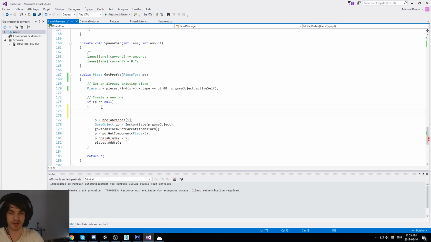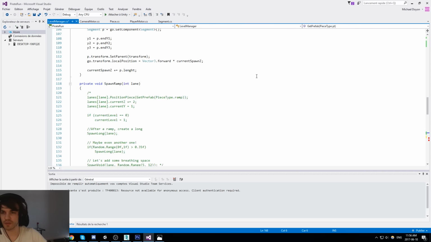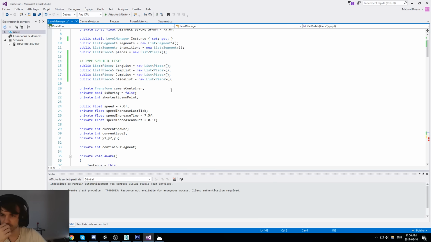I hope it doesn't cause any bottleneck, and it shouldn't because the game is quite small. Let's create another list right here. Possible pieces is going to be equal to pieces. No, it's going to be equal to pieces. And pieces would be.